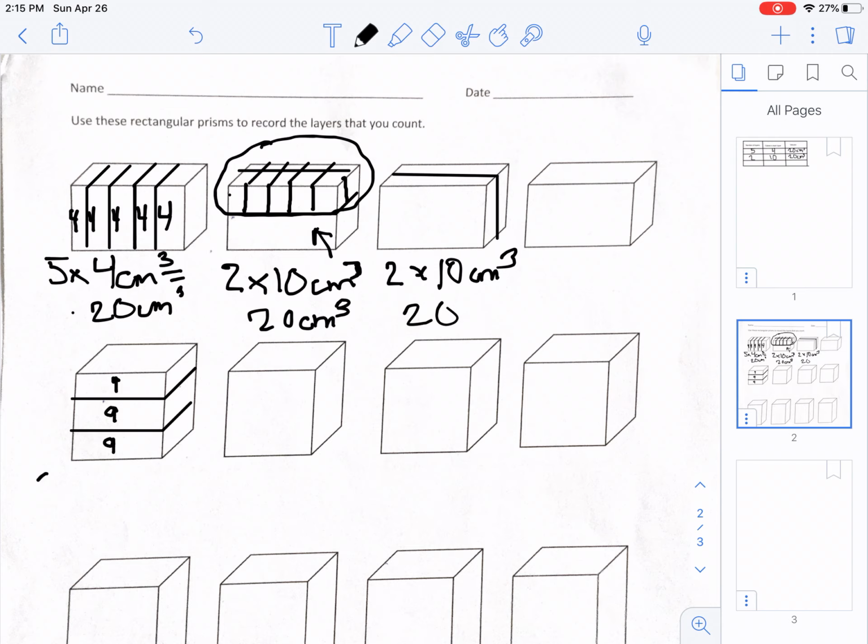So we have 3 layers times 9 cubic centimeters, which gives us 27 cubic centimeters. Okay, we also have